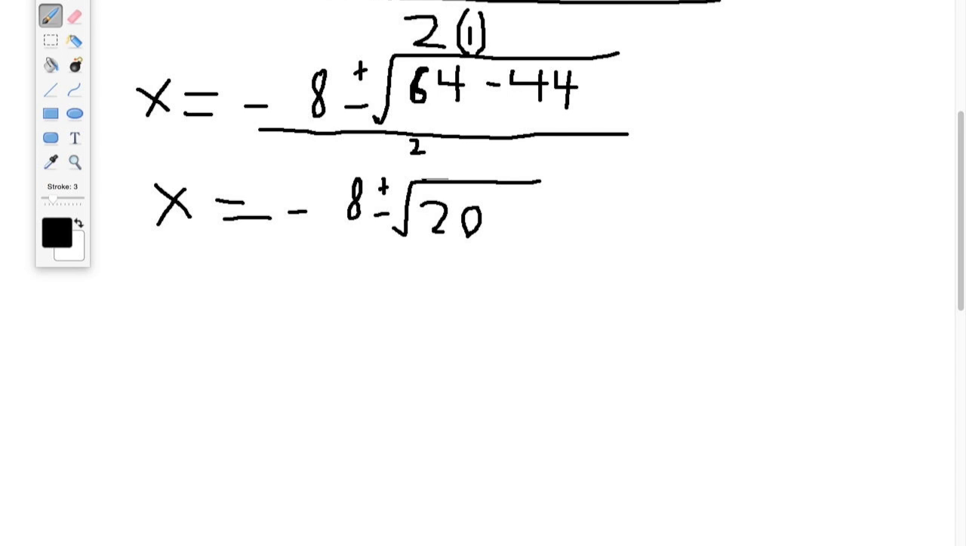So we have 64 minus 44, which is going to end up being 20. And then we have this divided by 2. So now we're going to have to find the square root of 20. So if I get my calculator out, I'm going to take the square root of 20, which is about